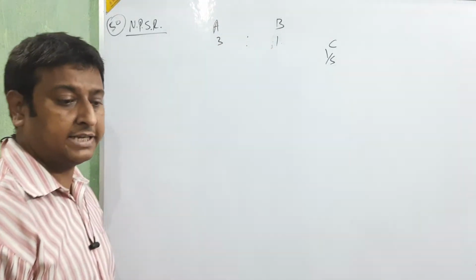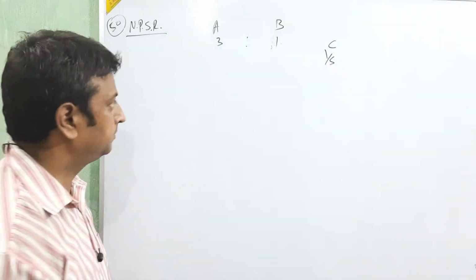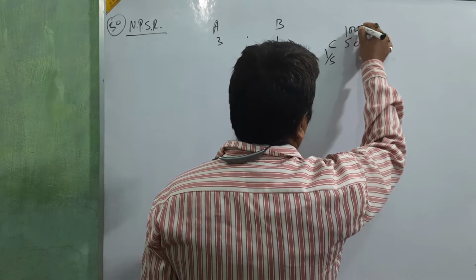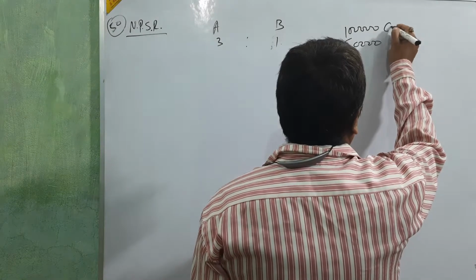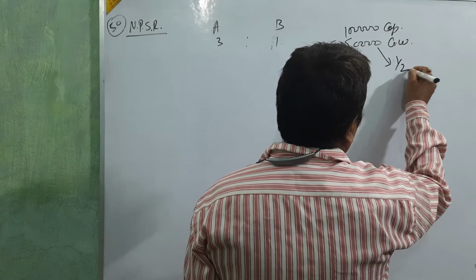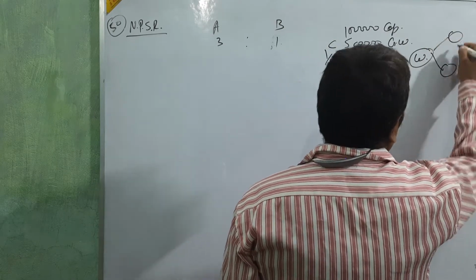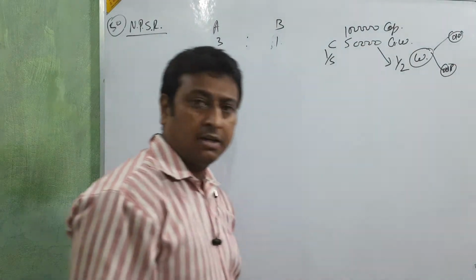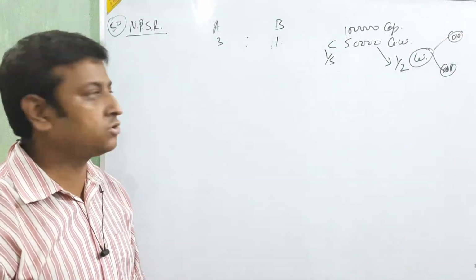Case 1, that C brings 1 lakh for his capital and 50,000 for goodwill, and half of the goodwill is to be withdrawn by A and B, the old partners. Clear? I am just trying to put the question here so that it is easy to solve.